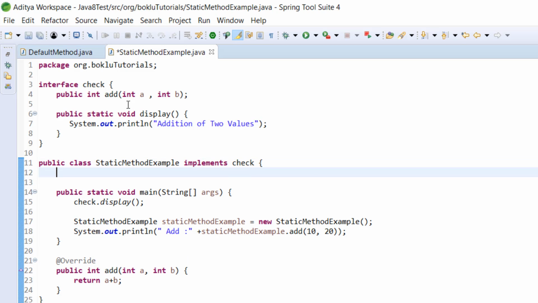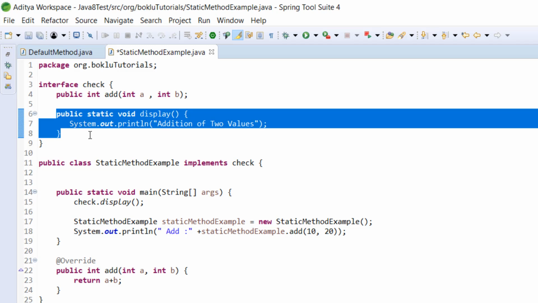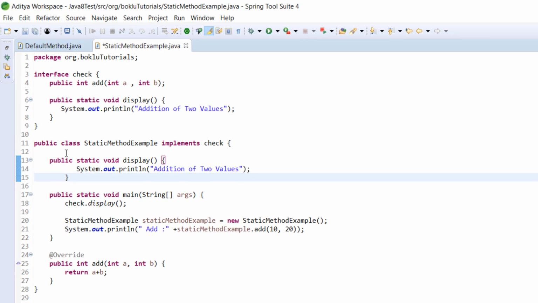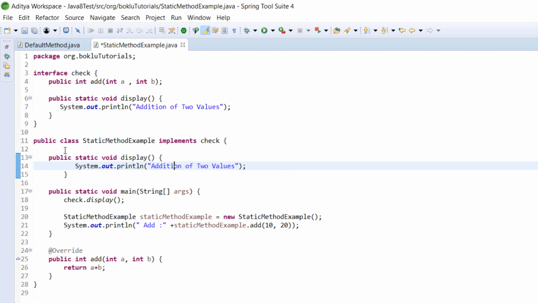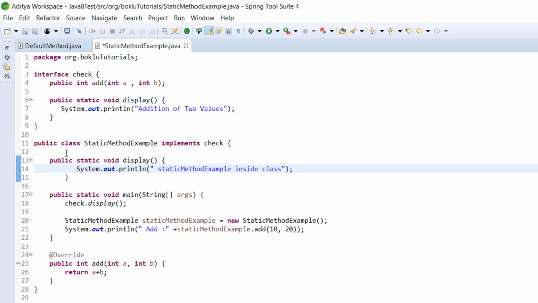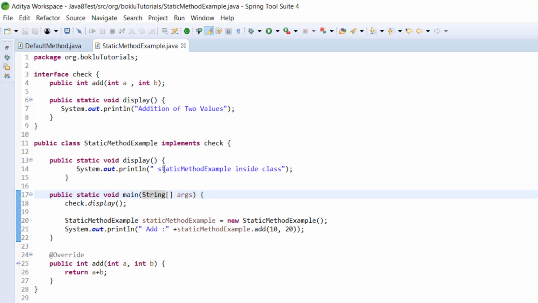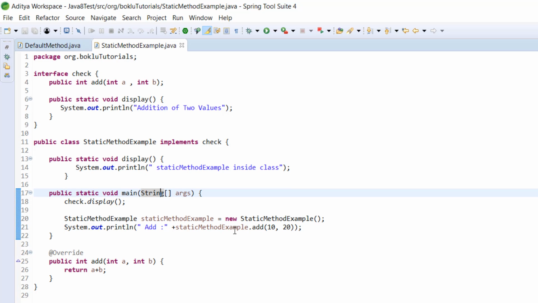What we will do, we will just copy this into a static method class and remove the other part. We will try to execute this code.